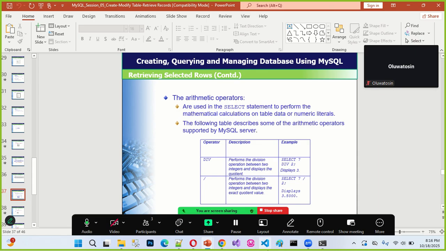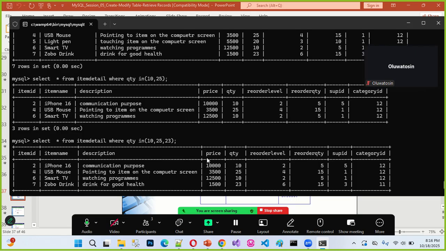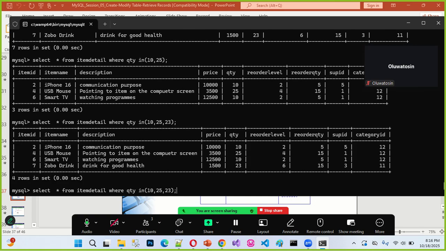Maybe I want to return the following records and return the discount. I want to give 10% discount on all products. I can now compute the 10% discount on all products. You get it now? So I can display those products and add their 10% discount to it.